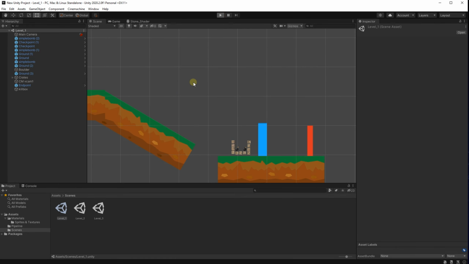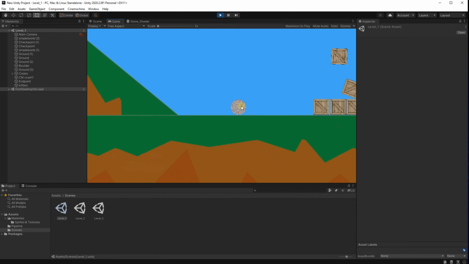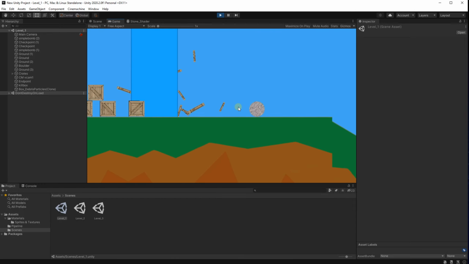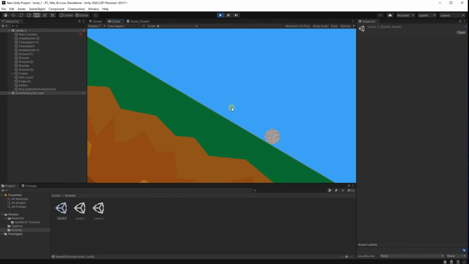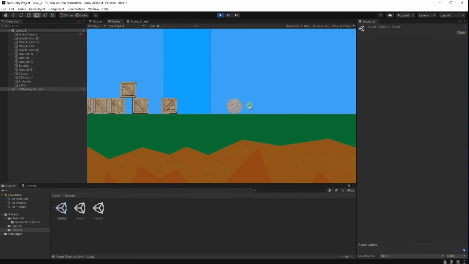So just to recap, how that system works is whenever our little boulder passes through a blue checkpoint, that is going to be its new spawn point whenever it dies. So let's just try to die here, and then if we fall, and then we respawn like that,